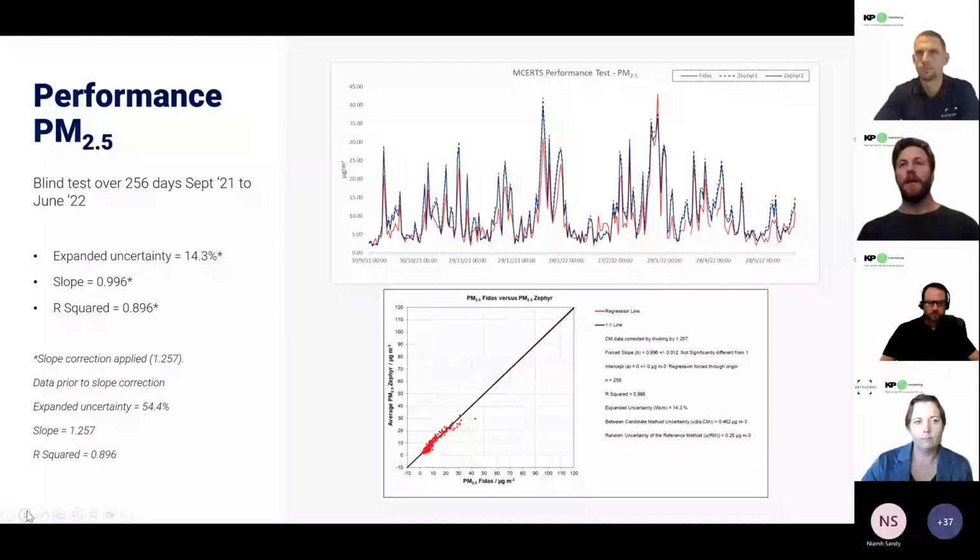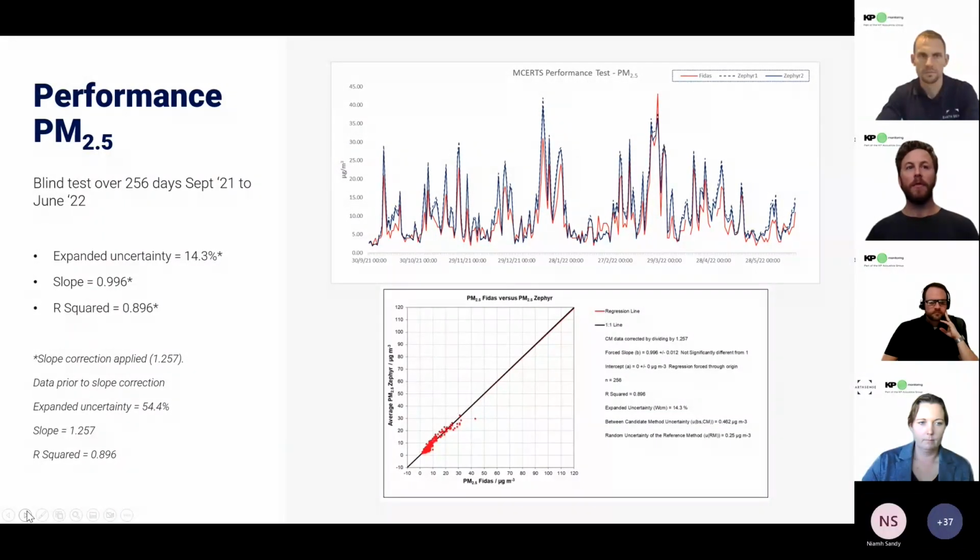So on to performance, because I still think it's quite important. We have passed for both PM10 and PM2.5. I think one thing to state here is the test is blind. From our point of view, these are factory calibrations, as from the box as shipped. We deployed the instruments and then we were essentially blind to those tests. There was no additional manipulation during the test.